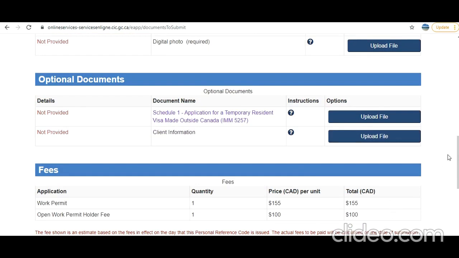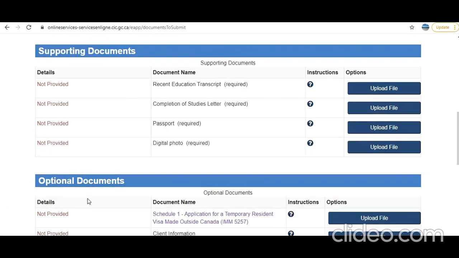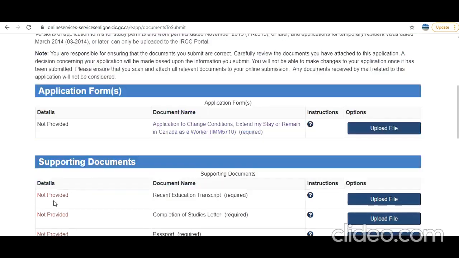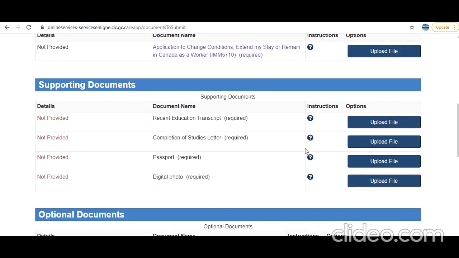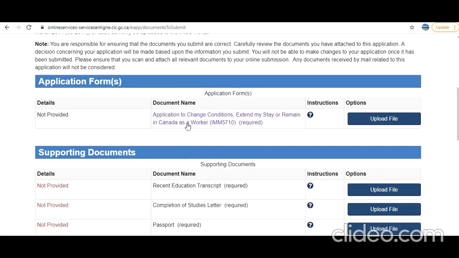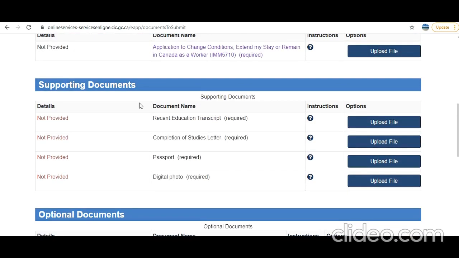And this is the fee, work permit fee and open work permit holder fee. Because you have said you have gone for biometrics, that has not appeared, so make sure you follow according to that. Alright, so out of these documents, this first one, application form and supporting documents,